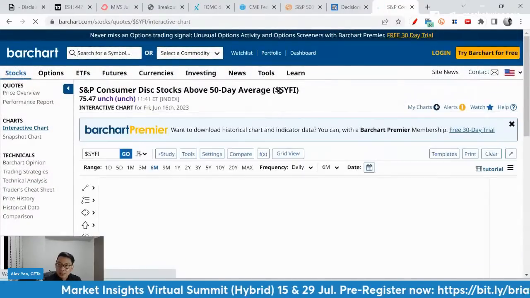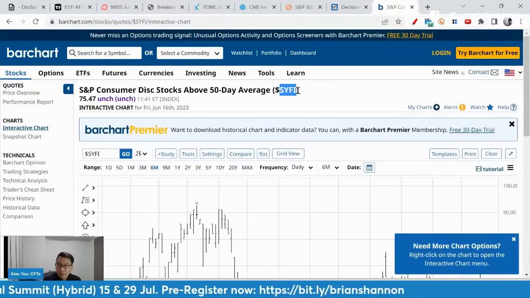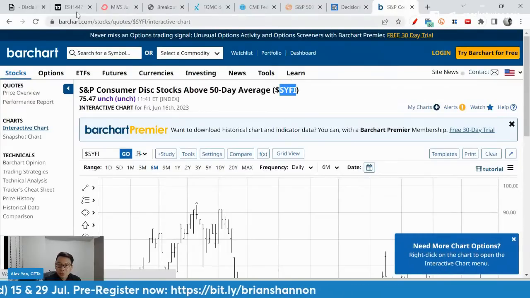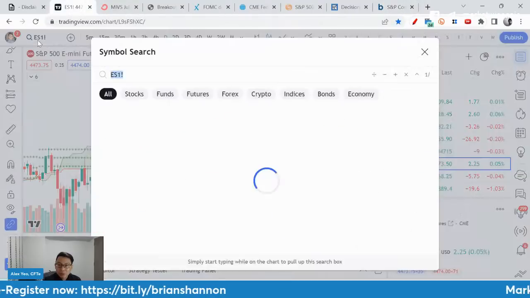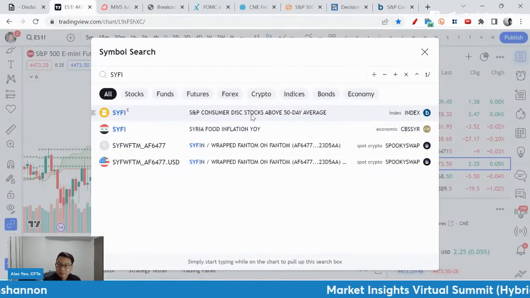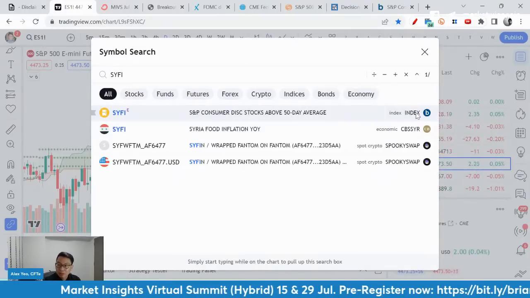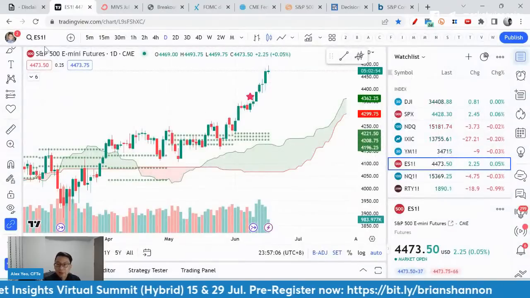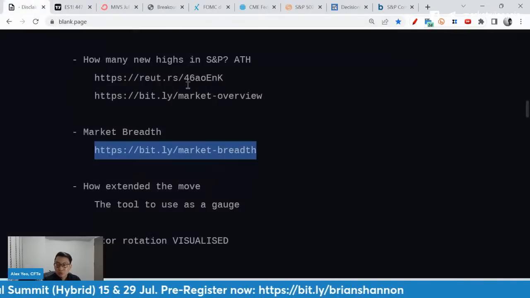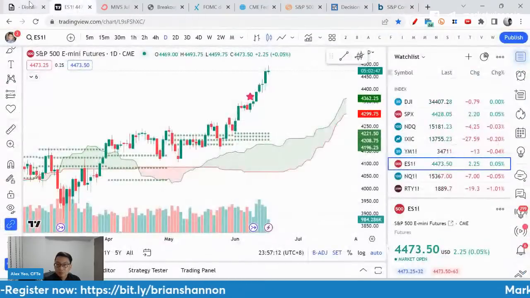So you can see this article, SYFI. You put it in TradingView, SYFI. I can also get it into TradingView. So percentage of stocks above the 50 days moving average. You can see that the data is from Barchart over here. Other than this, I want to show you in the short term,